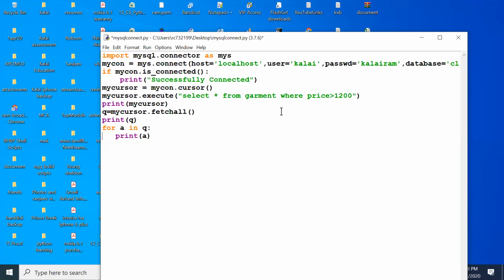We will be discussing that. Today we have learned how to establish the connection and how to simply fetch the information and then display it on my Python screen. That is what we have learned.